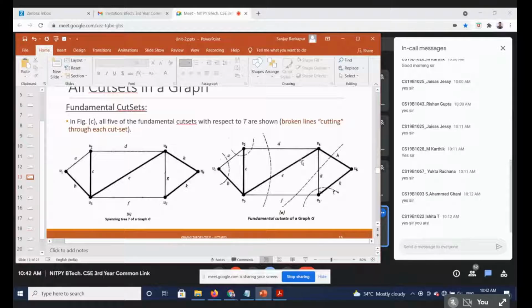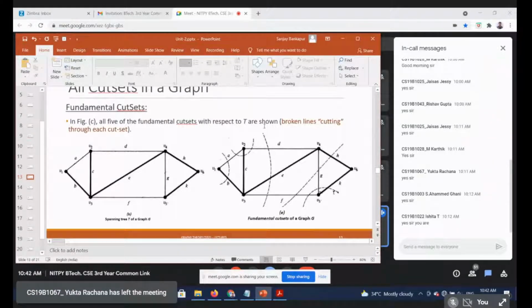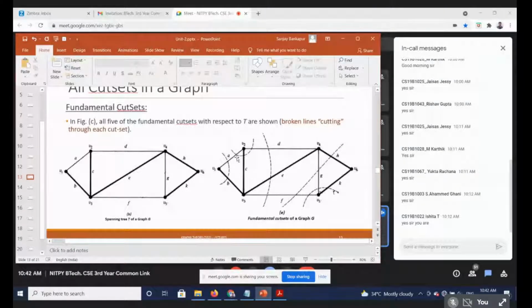That is the question. Right now we have 5 cut sets. If I do some operations on these 5 cut sets, can I find the first and second cut set? Can I find the third cut set? I'm not talking about fundamental cut sets, but we will start with 2 fundamental cut sets and then try to find the other cut sets. That question comes up when we are mapping towards fundamental circuits and finding all possible spanning trees.